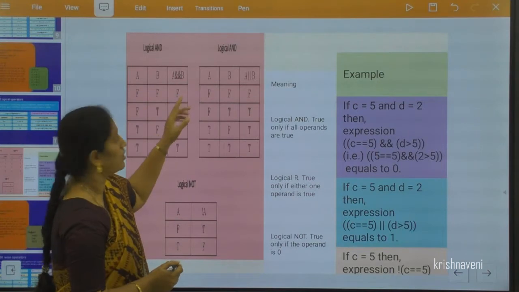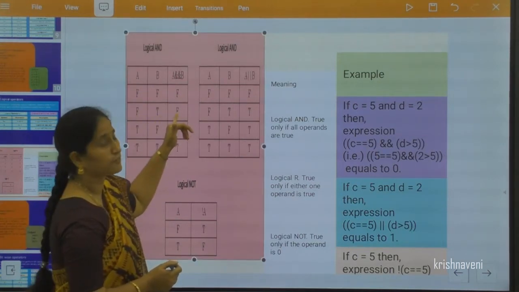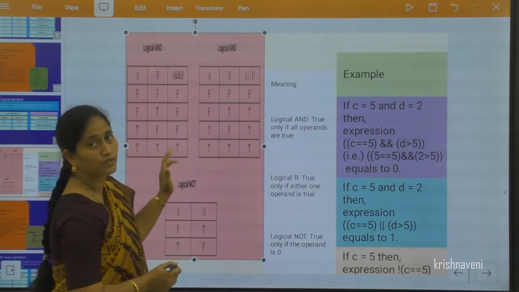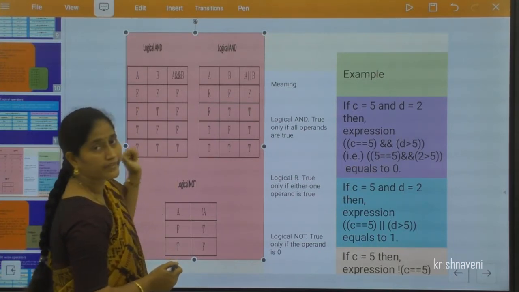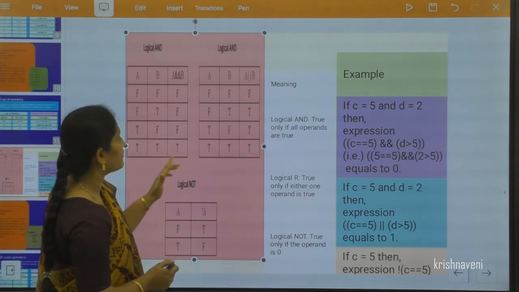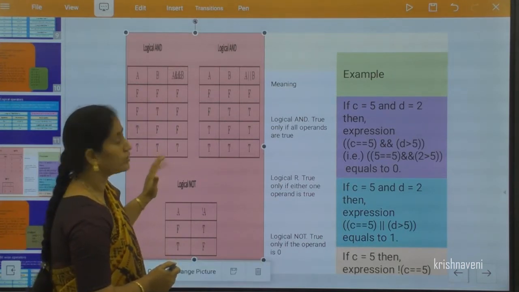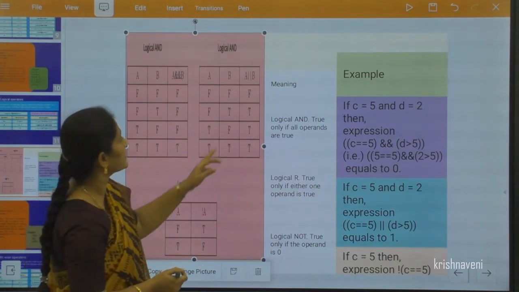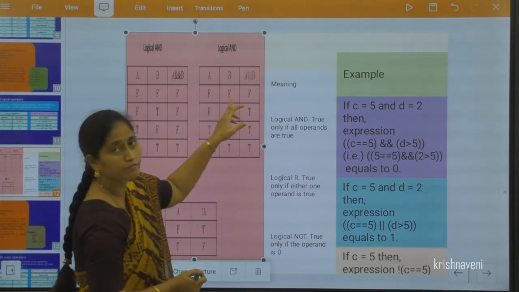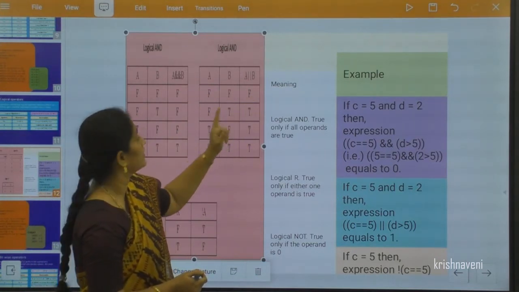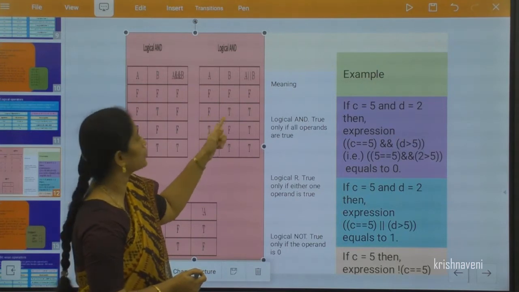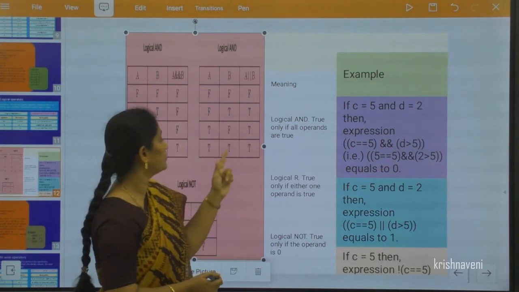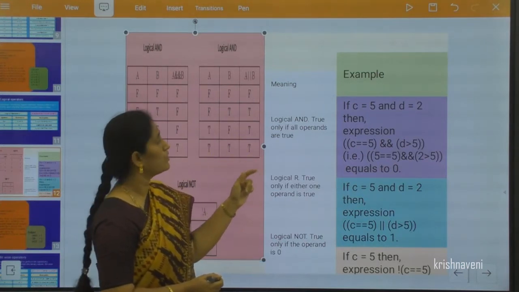In the logical AND, false false gives false, false true gives false, true false gives false, and true true gives true. That means it takes two values, and only if both values are true is the output true.